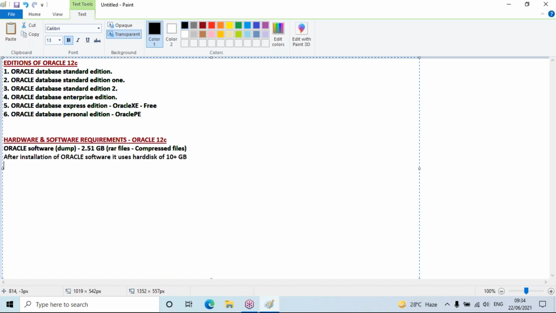How much hard disk capacity? Okay, I gave 10 plus. A slight difference may be there if you are installing 18c, 19c. I'm talking about Enterprise Edition. Please make that point clear. The software which I'm going to share with you for 12c is also Enterprise Edition only.